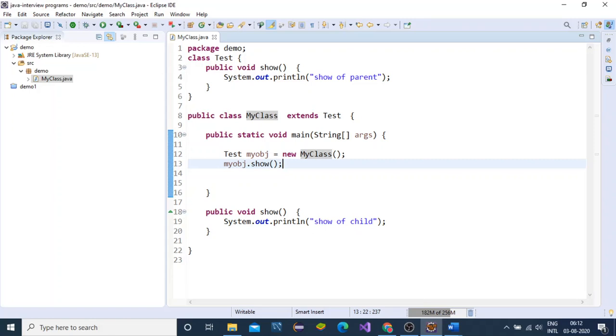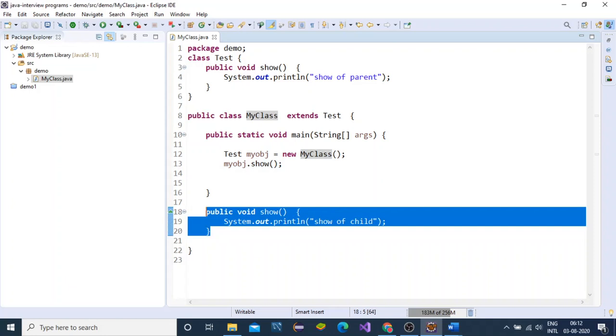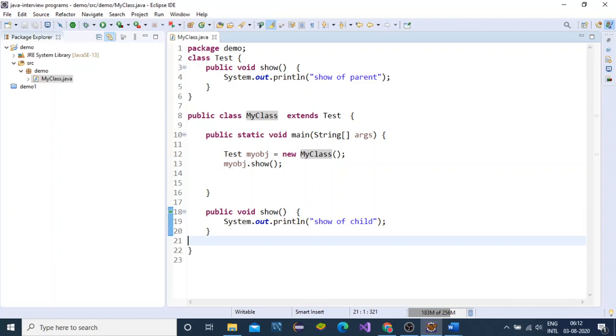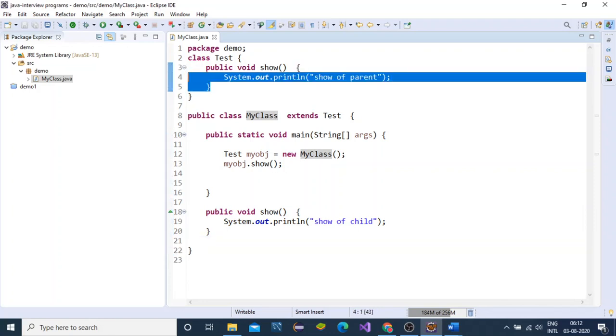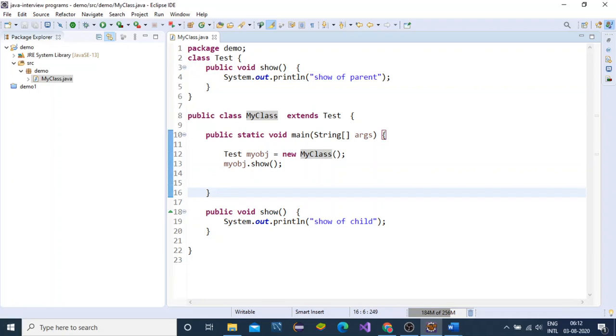So it will check in the child class. If it is available, then it will display the message and execute the method. Otherwise it will search in the parent. The type of my obj is both MyClass type and Test type as well. So this is the case of method overriding.